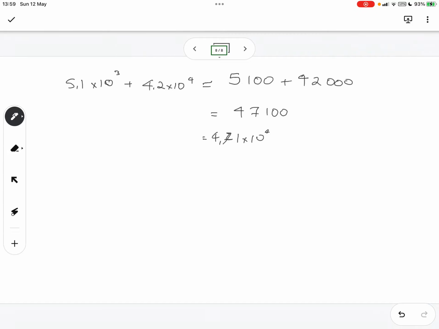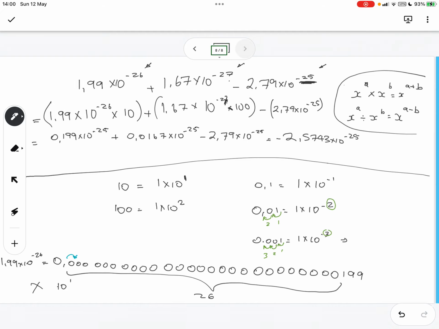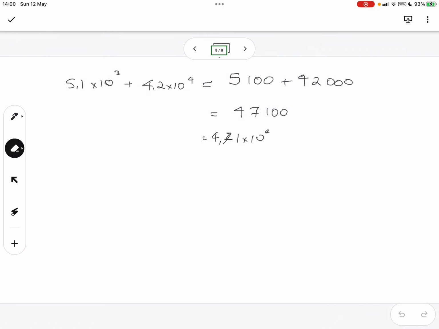With these ones with a negative exponent, you can just multiply to make them the same as the smallest exponent. And how you do that is you multiply by 10 or factors of 10, so 10, 100, to get there, because the goal is to have the exponents subtract each other to the point where they're equal to the smallest exponent. So